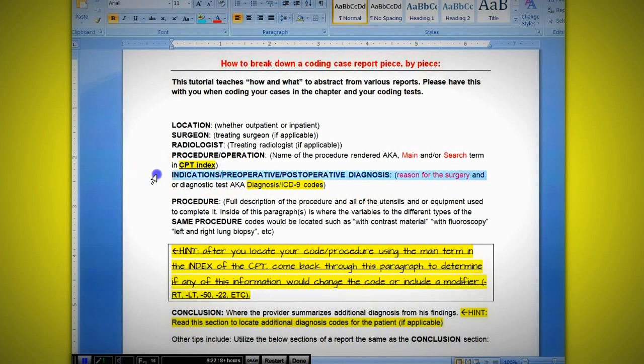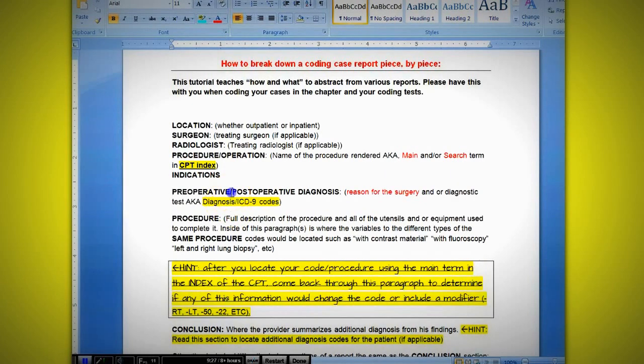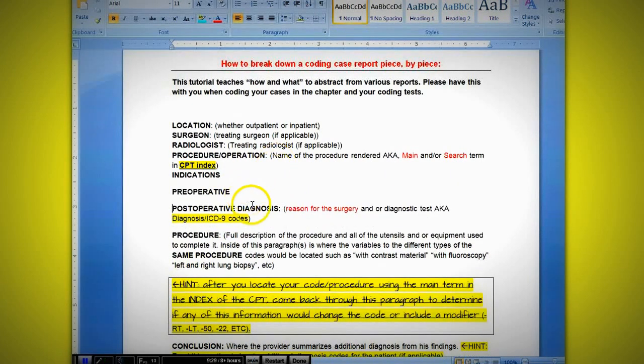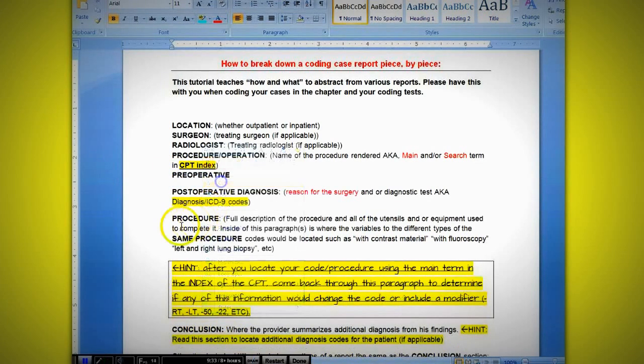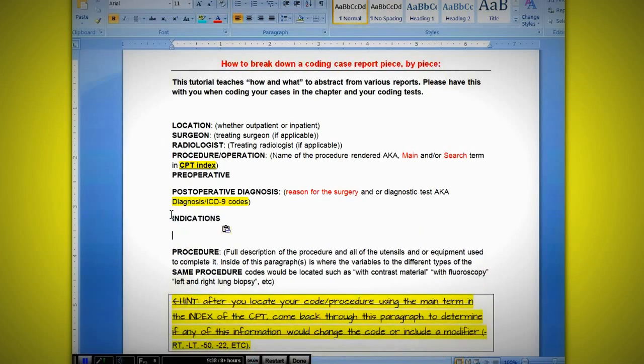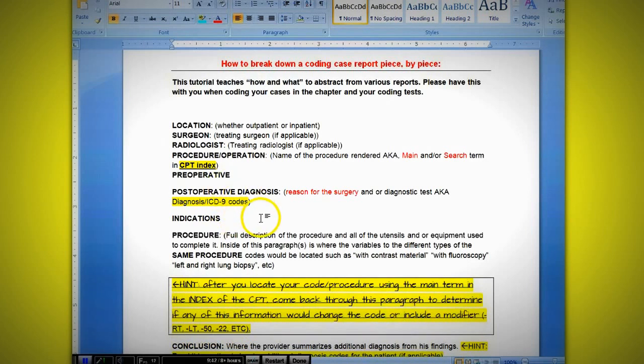Now, it may not look just like this. You're going to see them looking separate, and you might see the indications somewhere down here. It doesn't matter where they locate them. It just depends on the provider and how he likes his reports to look. But a lot of times, and especially this week, you're going to see some of these headings. You're going to see the preoperative diagnosis. This is the